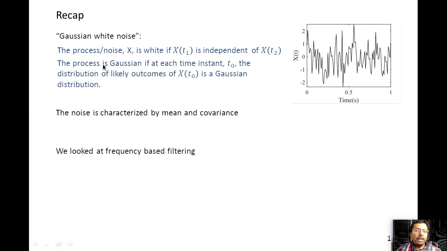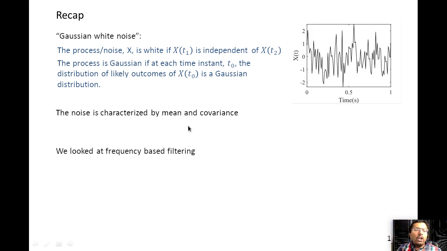What we mean by a Gaussian noise is if you look at the noise at any time, the outcome is going to have a Gaussian distribution. So what we mean by that is the probability distribution is going to be a Gaussian or a normal distribution. Conceptually, there are going to be more points closer to zero. If you think about this being the zero line, there will be fewer points as you go further and further away from the mean or the zero mean.